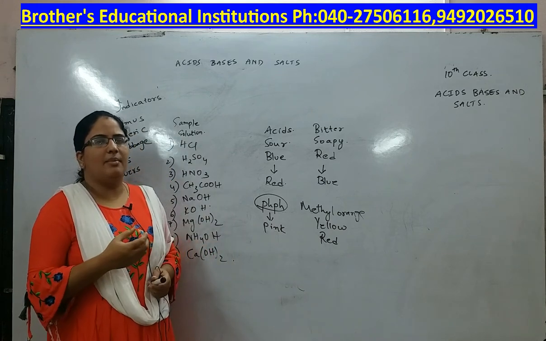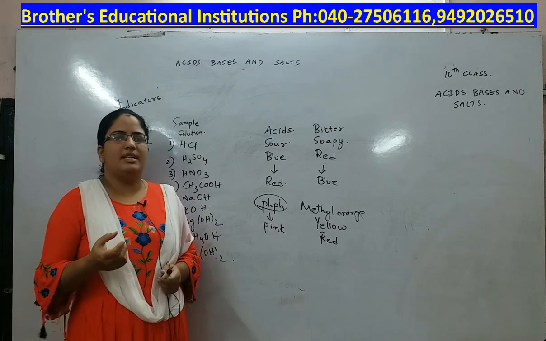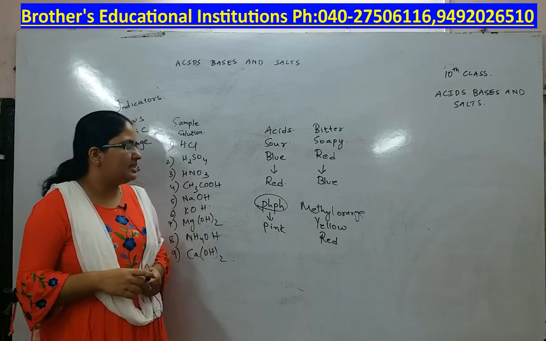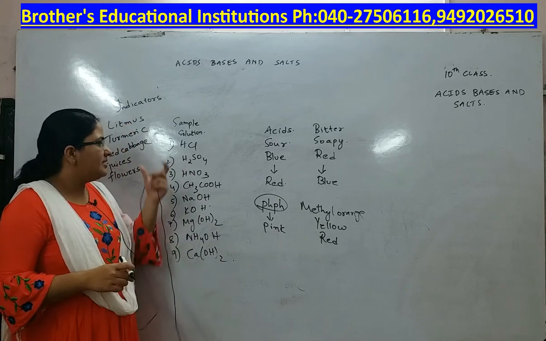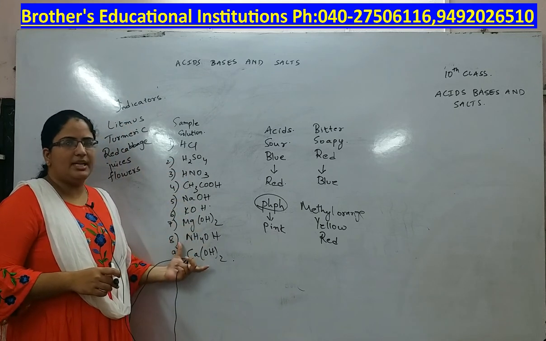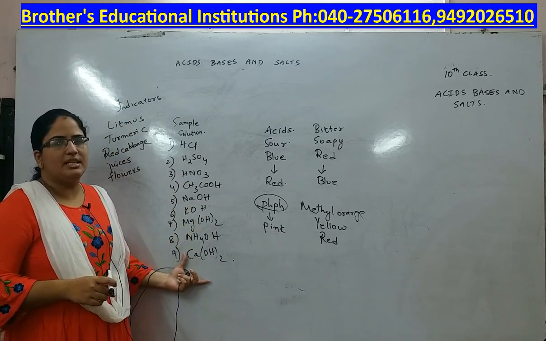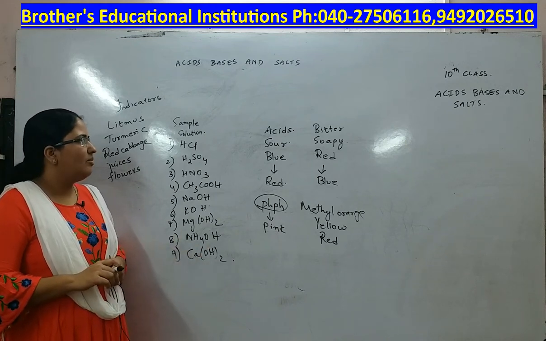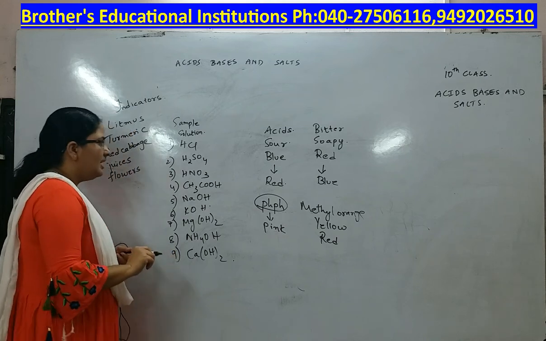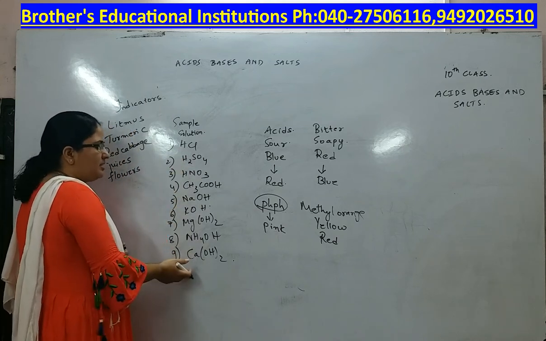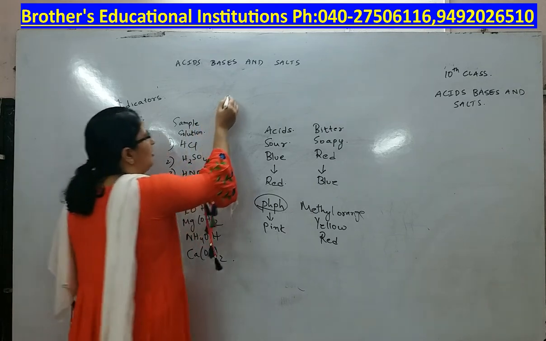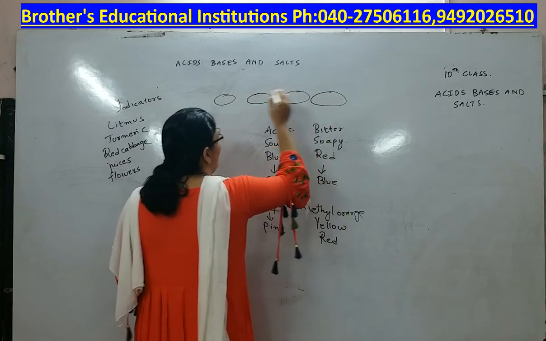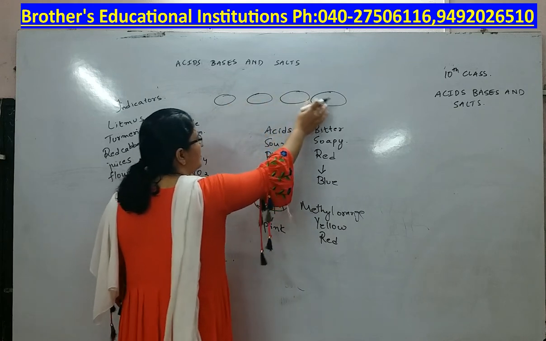You might have some idea about this in your 7th standard. You might have learnt about acids and bases. Now we shall discuss some materials we have taken as samples. We shall discuss whether they are acids or bases by a small test. Here I have taken 9 different samples. Each sample you have to keep in 4 different watch glasses. Take a drop of this solution in 4 different watch glasses.